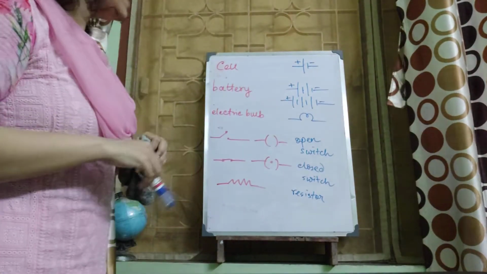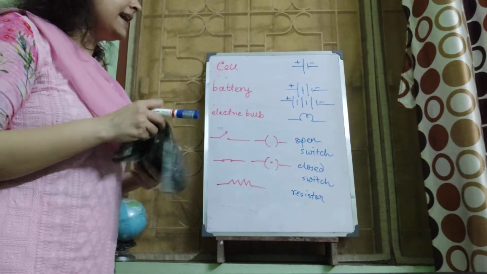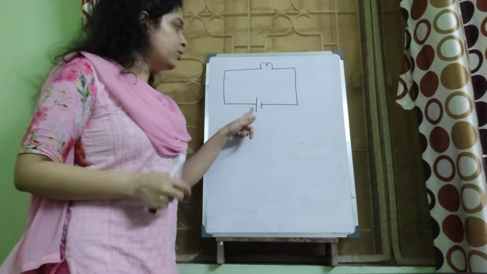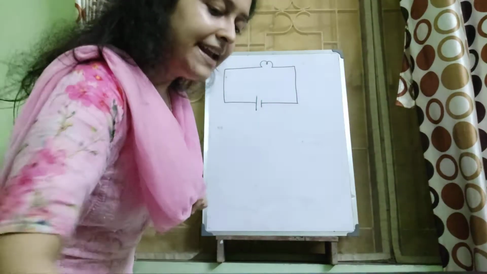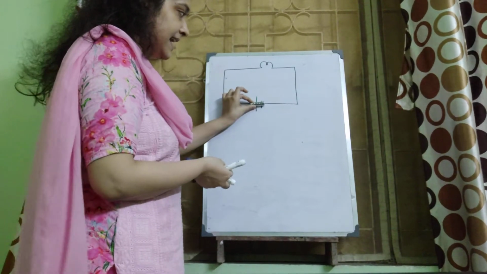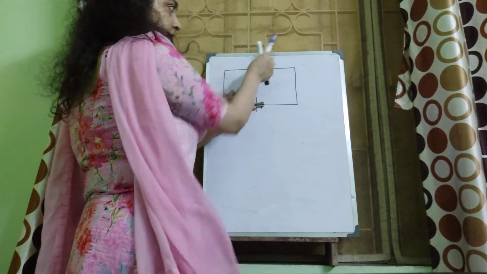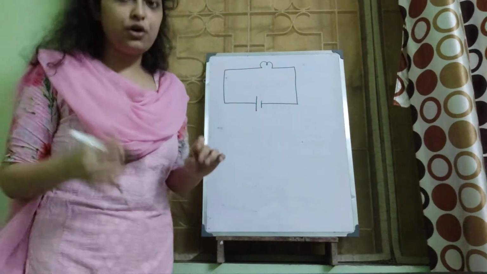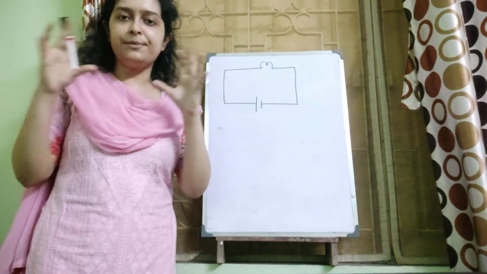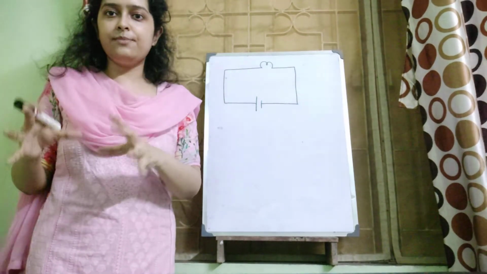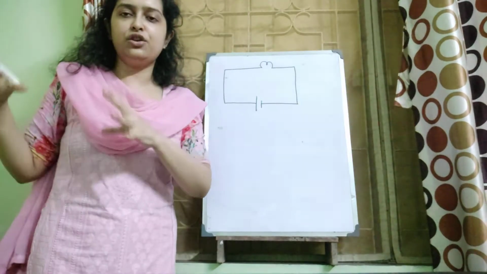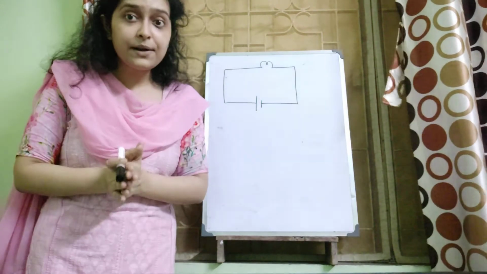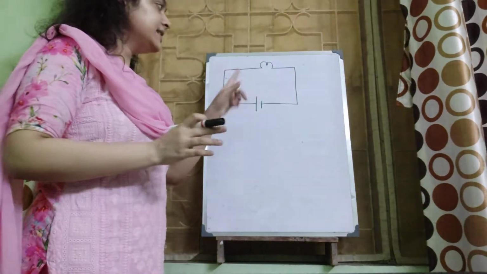If we want to show a resistor, we can simply show it with the help of the symbol. Okay, now I'll show you one circuit diagram so that you will be able to follow. Can you tell me what have I drawn? The very first thing, I've put the cell. This is a bulb, connecting wires. So, instead of drawing all those, we use the symbolic representation, and the diagram consisting of the symbolic representation of all the components in electrical circuit forms what diagram? Circuit diagram. So, this is a circuit diagram.